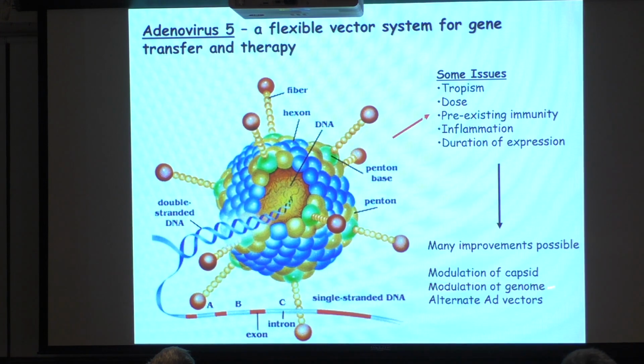I won't talk about that, but you can put this immunogenic virus. You can make helper-dependent viruses by taking out, apart from the ITRs at the end, the rest of the genome so you don't get any expression of the viral genes once it infects itself. So these are helper-dependent viruses, but they're a real pain to make, particularly at the clinical level, and there's very little clinical data on those because making them is such